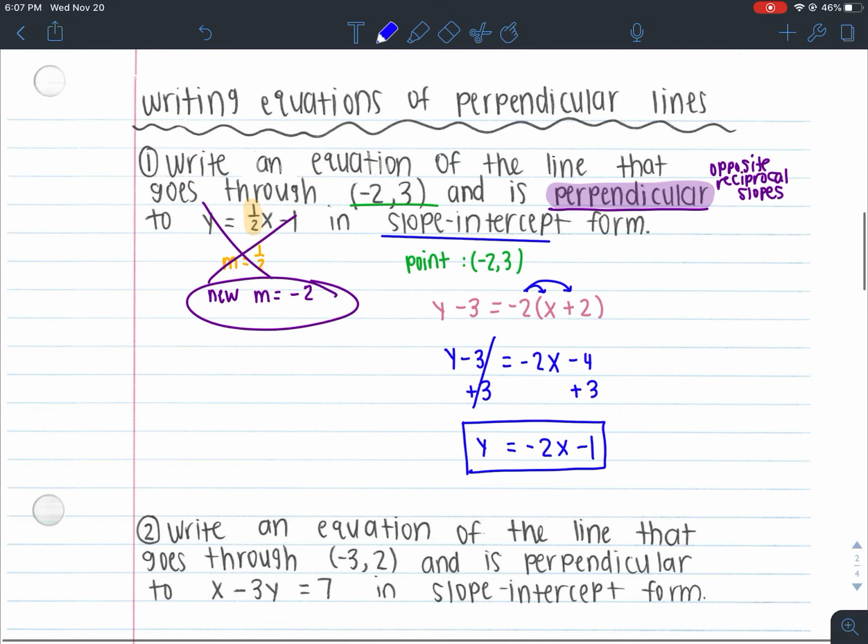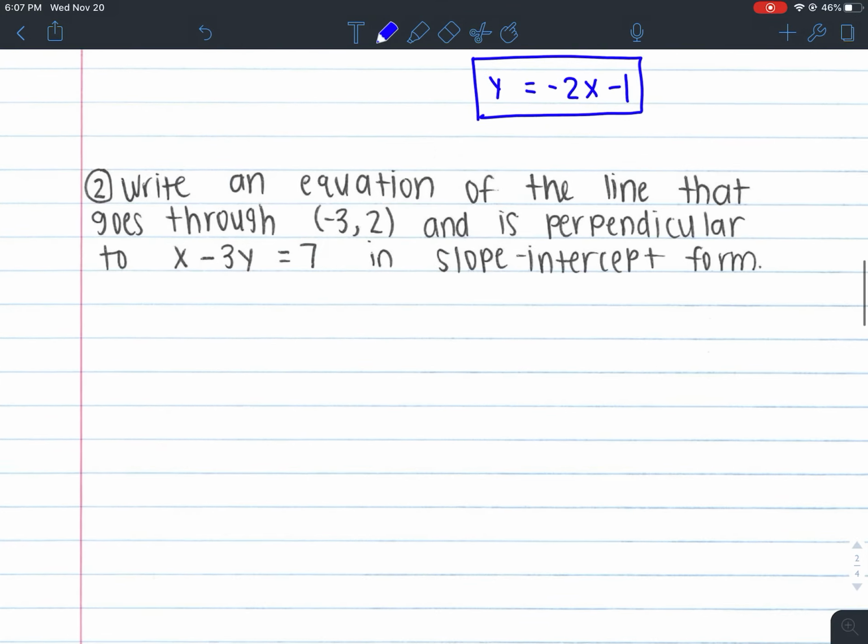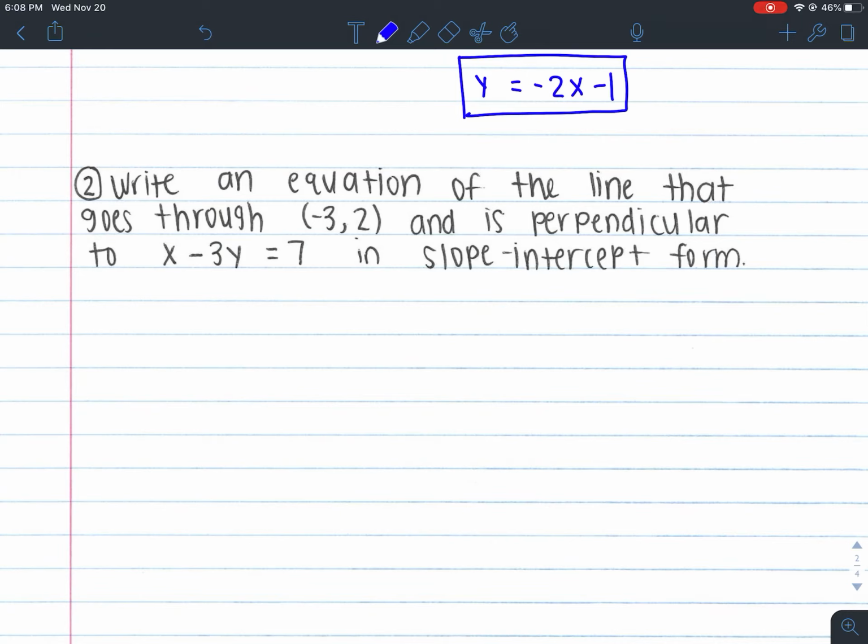That's what we're doing here if you're thinking about it graphically. Okay, moving on to number 2. We're going to do the same thing. We're going to write an equation of a line that goes through (-3, 2) and is perpendicular